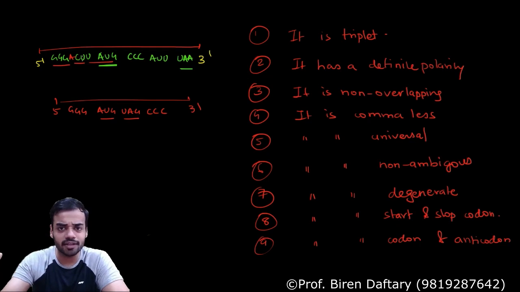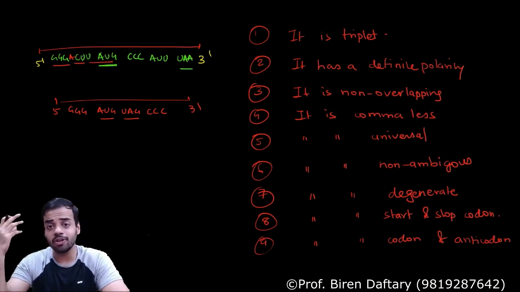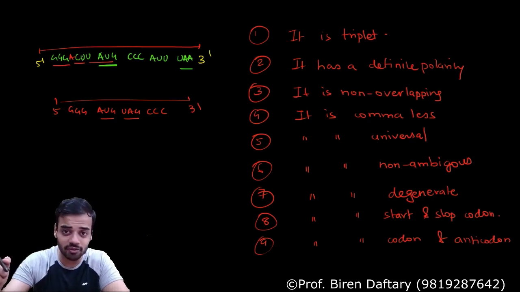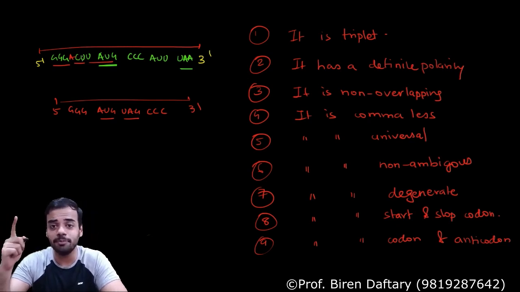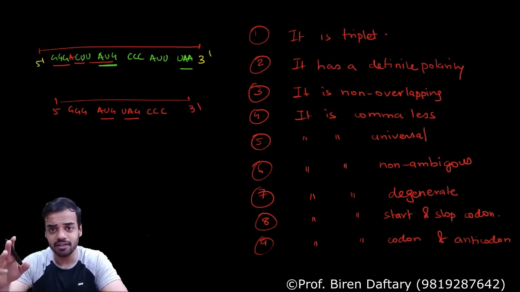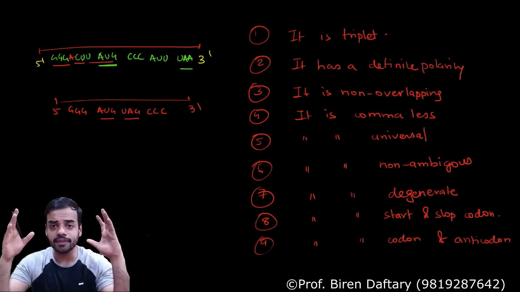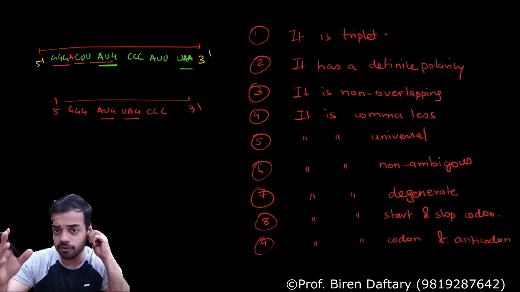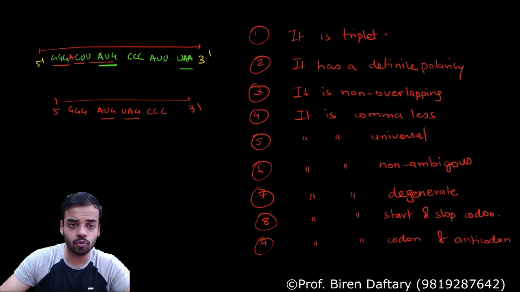Addition, deletion, correct. Then there is something called a point mutation. If the mutation is occurring because of a single nucleotide, it is called a point mutation. The best example is sickle cell anemia, correct. So the next lecture is going to be your translation lecture. Before that I am going to give you some homework.